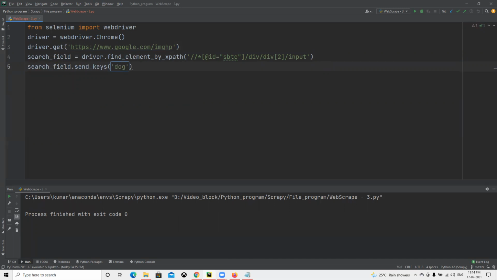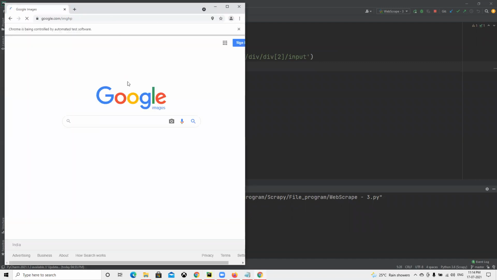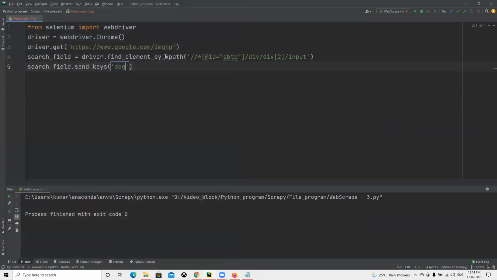Now if I go ahead and run this one, we can see the browser opened and it automatically typed the word I wanted in the search field. It typed in the correct field because we took the XPath of this and specified it in find element by XPath. So it finds this one, and then we send the keys there.